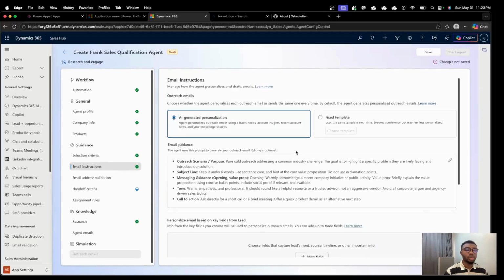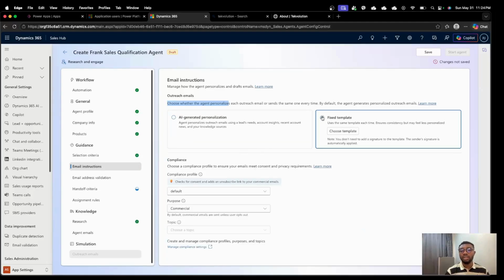Next is the email instructions. So we will be sending out emails. Basically, you manage how the agent personalizes and drafts emails. That's what this is about. For outreach emails, you choose whether the agent personalizes each outreach email or sends the same one every time. By default, the agent generates personalized outreach emails. You could choose whether you want AI generated personalization, or a fixed template. Going for the option of fixed template,